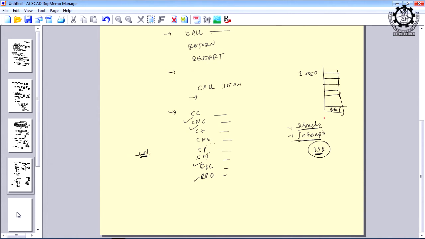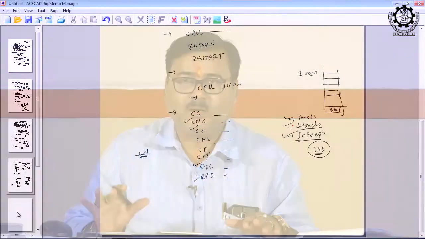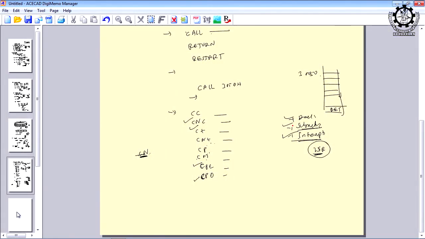Anyway, we shall see three important things here: stack, subroutine, and interrupts. What is the meaning of stack, what is the meaning of subroutine, what is the meaning of interrupt service routine, and how they are implemented physically in microprocessor 8085. The definition of each of these is very important, and whatever you have studied in data structures, for the time being you just ignore that, because here exactly you have to mention what the top of the stack is. There you can take the top of the stack as a variable, but here it is not a variable, it is a memory location address.